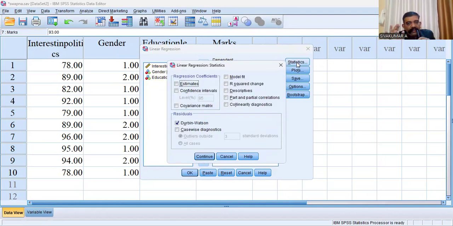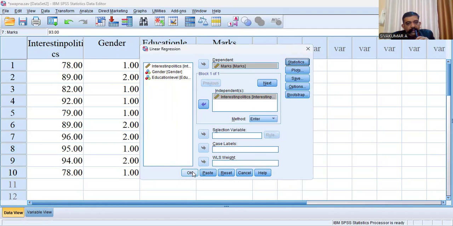There are so many options available, but we need only one item, that is Durbin-Watson. Please tick on it. Tick Durbin-Watson. Okay. Continue. Okay.